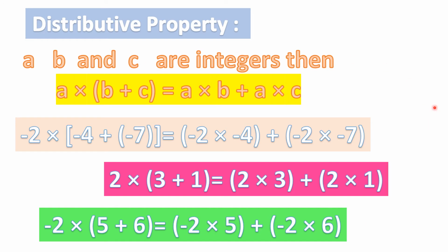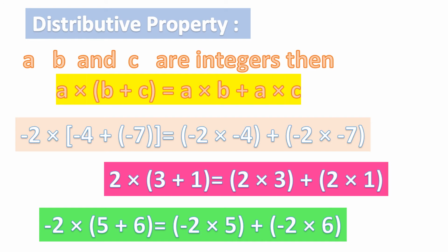So this is the distributive property, okay? Distributive property means we are distributing A multiplied to B and C. We are giving A multiplication to B and C. So A into B, then A into C, right? So what did I do once more? A into B, then A into C. So that is how we got it. This is the distributive property.